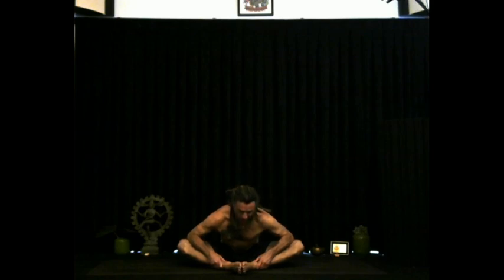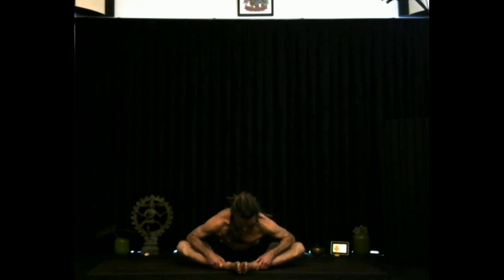I just want you to breathe smoothly through your nose. And try to have a sense of the sternum moving forward, not just the head moving down. Keep the belly soft so we're not holding tension in the abdominal muscles. Creating space for the breath to move in all directions as it drops to the bottom of the lungs. And just take a last breath or two here. And after your next calm out breath,